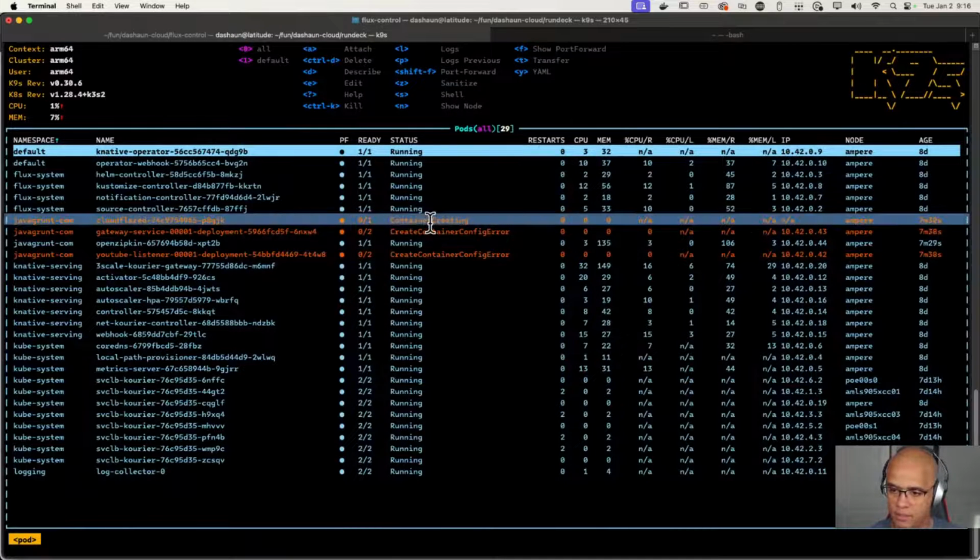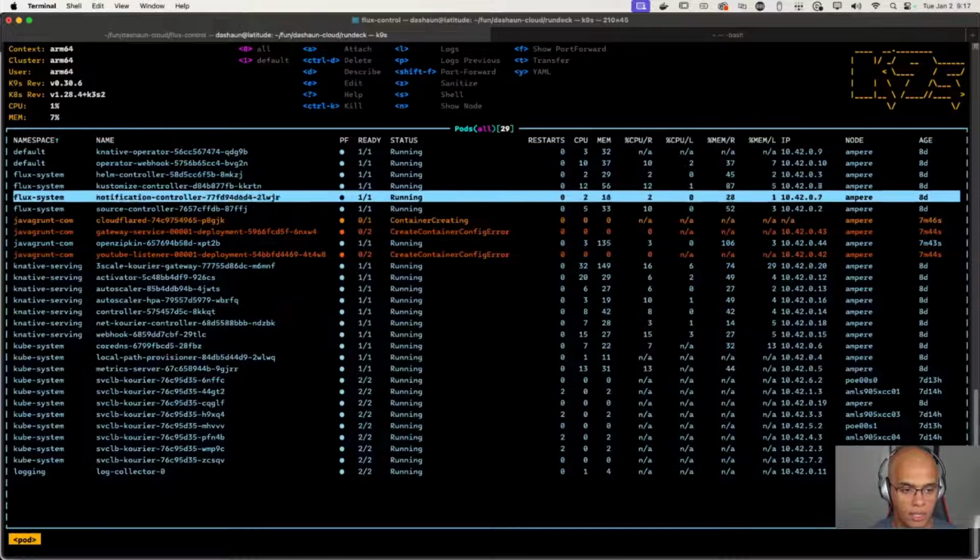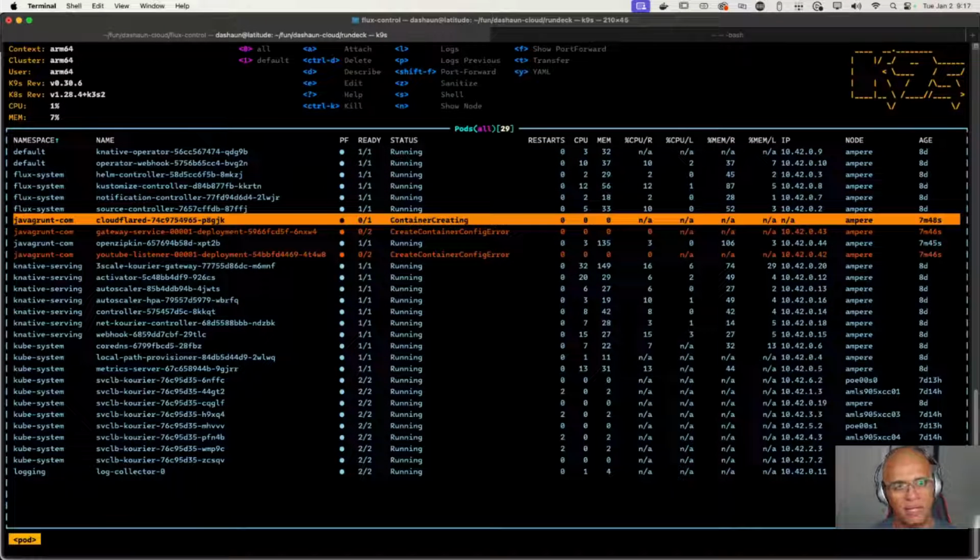So this is, it looks like it's having an issue. I wanted to deploy this service. It's saying create container config error. I wonder why. So let's just, I wonder if it had something to do with,